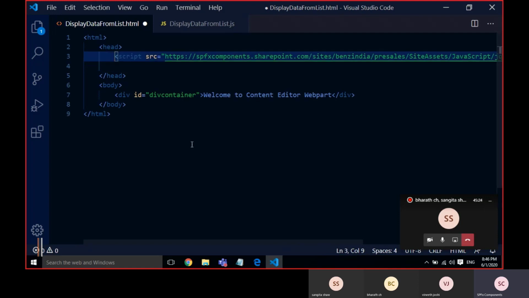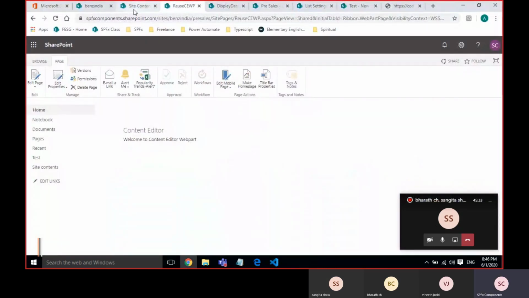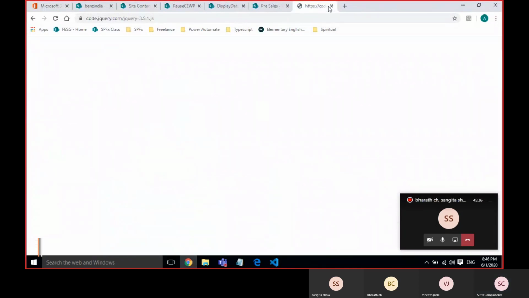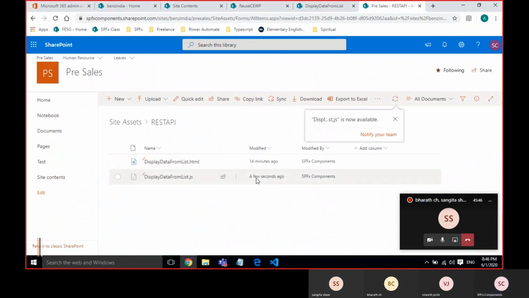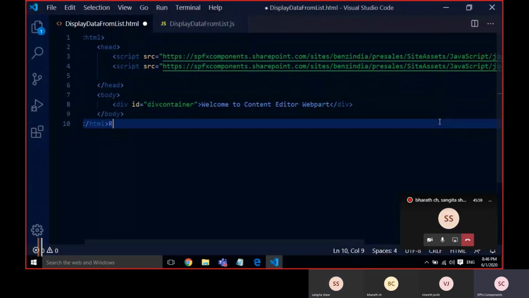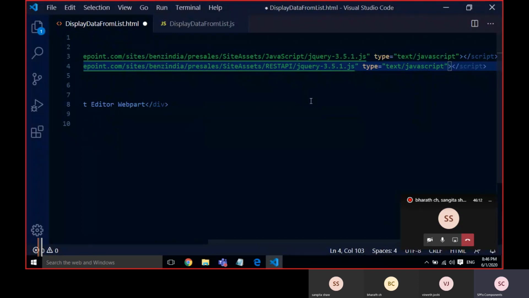So for that, I'll upload the JS file here, and after site assets, REST API, and data from list.